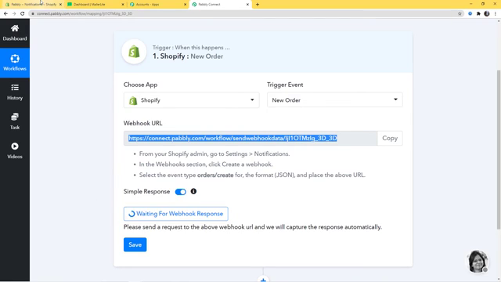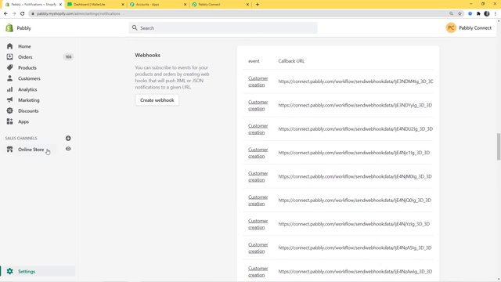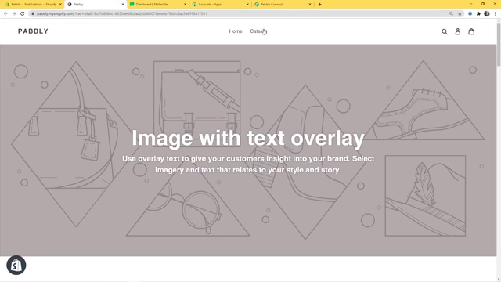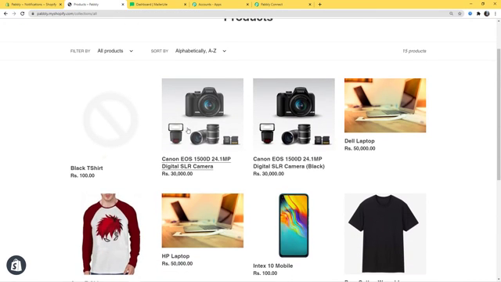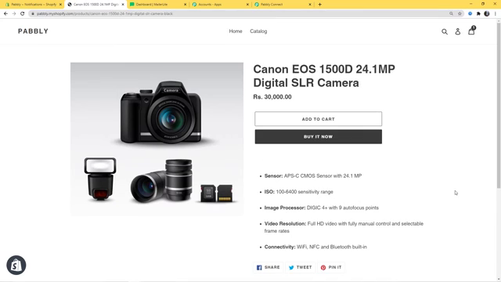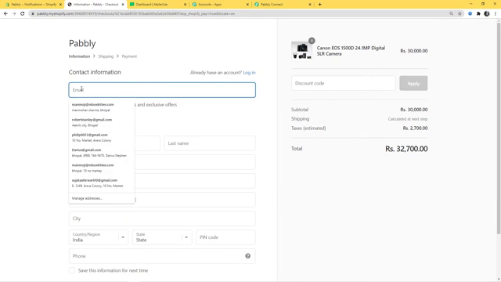So now I'm going to go to my Shopify and here you can see online store. So I'm going to open it in new tab. Okay, so now I'm going to click on catalog and I am going to buy a camera. Okay, now I'll buy it. So now here contact information, I'm going to enter a contact information here. So the email is going to be